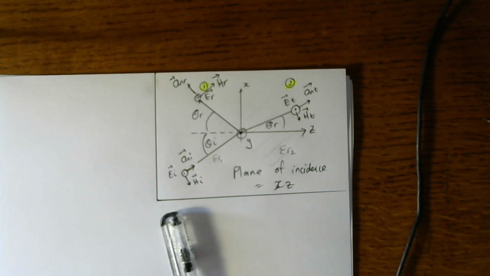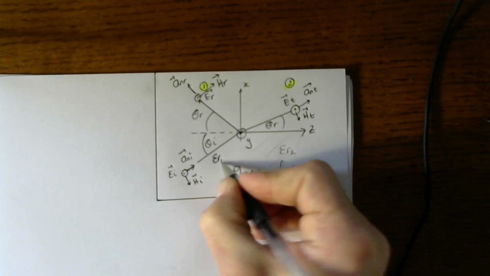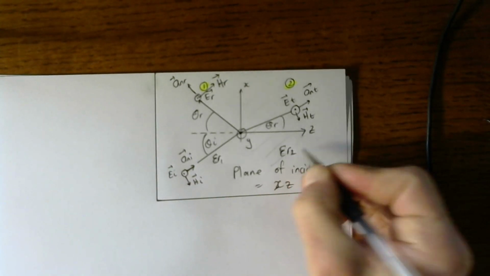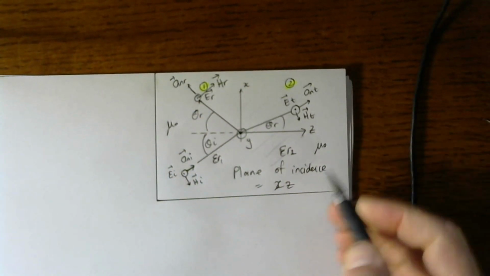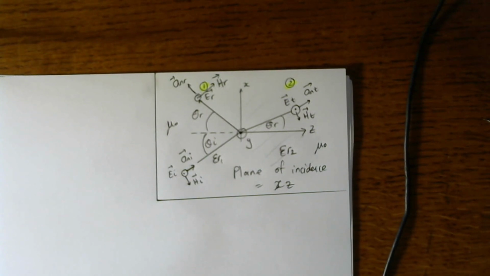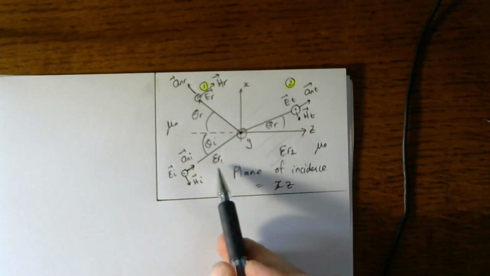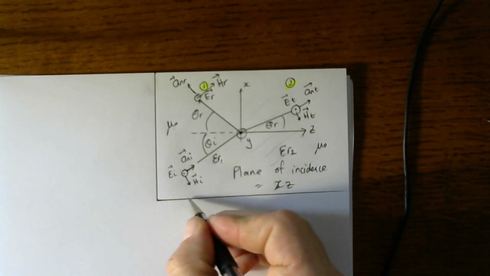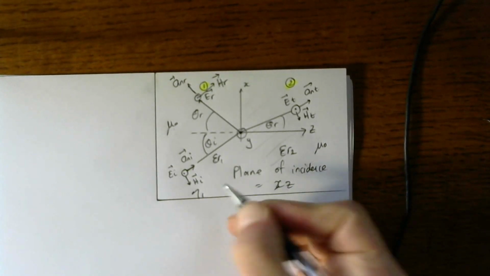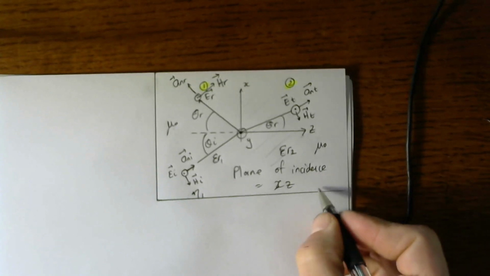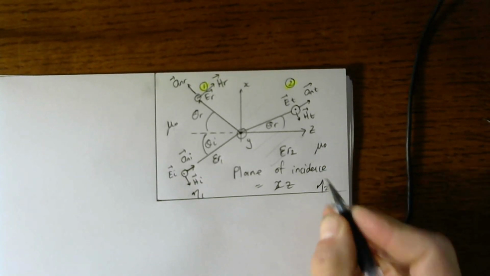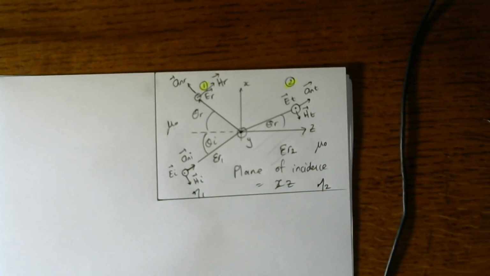We are considering in general non-magnetic material, so I'm working with the case where mu is just equal to mu0 in both. From these two parameters I then also have the intrinsic impedance, eta 1 on this side, and eta 2 on this side over here. Okay, so